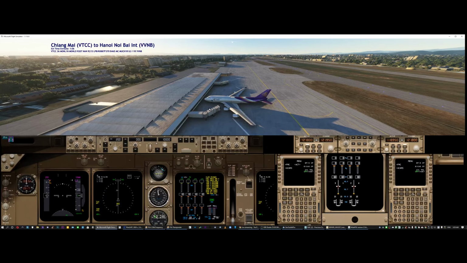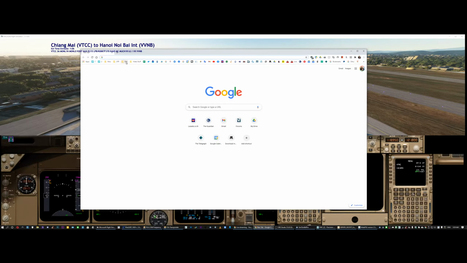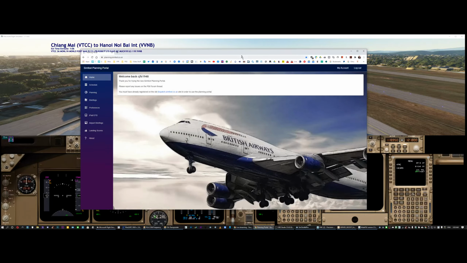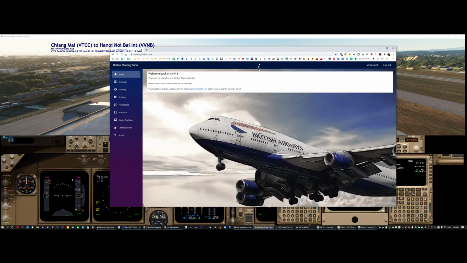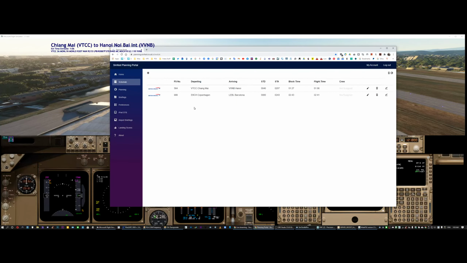So for that, I'm going to use SimFest, and I will put all the links down below. I'm going to use SimFest to plan this flight, and I'm going to show you just how quick and simple this is. So first of all, we'll go and schedule a flight. So let's have a new flight, and this is going to be flight 999 from VTCC to VVNB, and we're going to be